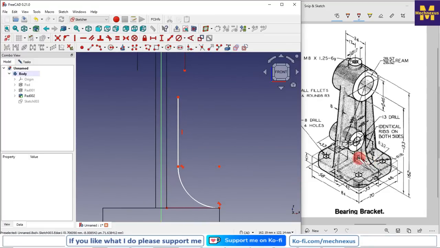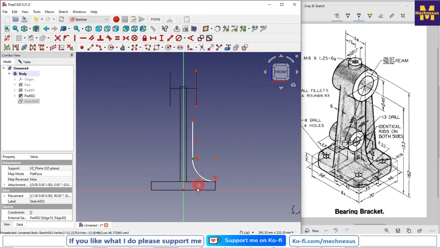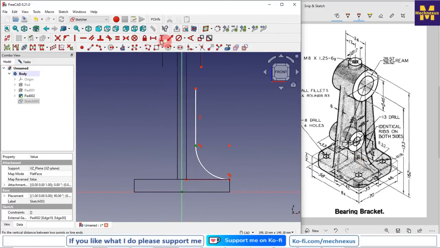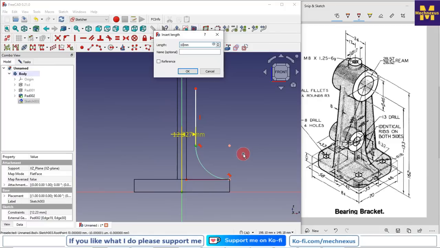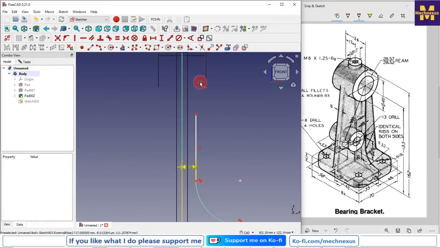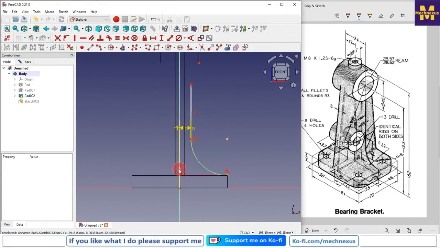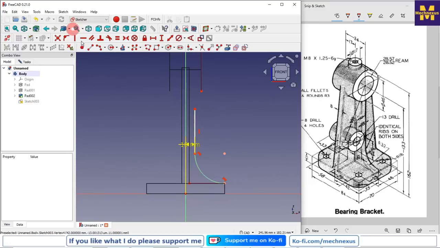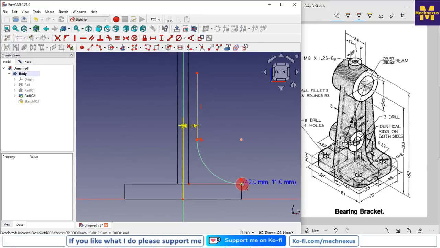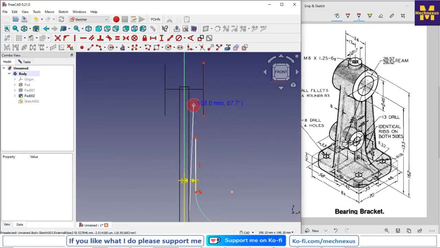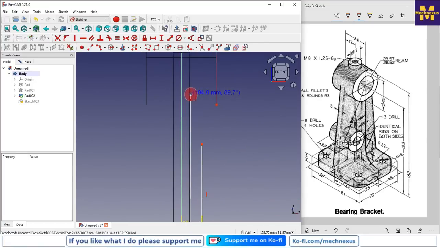So here we can see the dimension 10 mm. So I will select this point and our origin point and give the dimension of 10 mm, and now I will select a line tool, and I will draw a horizontal line, and I will draw a vertical line. Now we have the projected geometry here, so we will again draw one line,